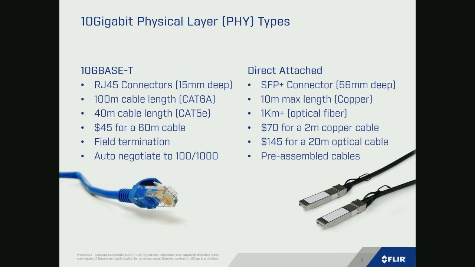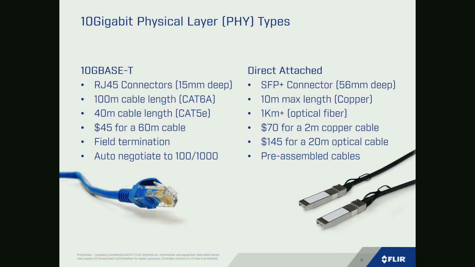If you don't want pre-made cables, you can buy it in bulk. You can field terminate it. You just buy a box of little shielded connectors and cut it to whatever length you need. It'll also auto-negotiate to slower speeds. So if you take a 10 GigE camera and plug it into a Gigabit Ethernet switch, it'll just automatically drop down